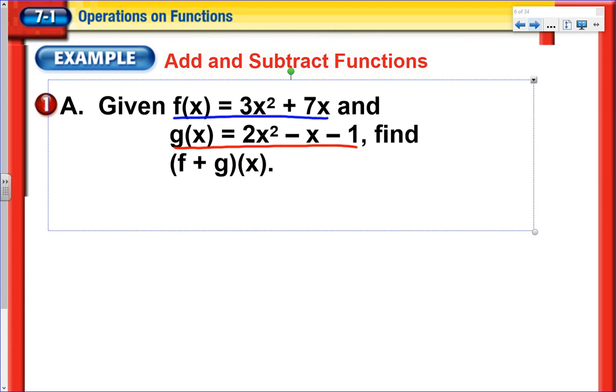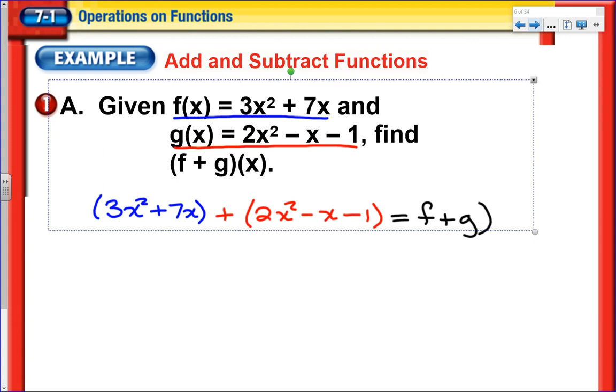And we want to take f and we want to add g to it. So f is 3x squared plus 7x. And then g, which we have to add to it, is going to be 2x squared minus x minus 1. Now, in this case, my parentheses serve no purpose at all. And actually, my error, I should have written this as f plus g evaluated at x is equal to that. I should have had it on the other side. So I'll do that down here. Actually, I'll write it right here. So f plus g